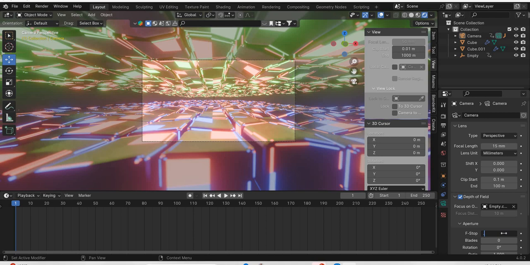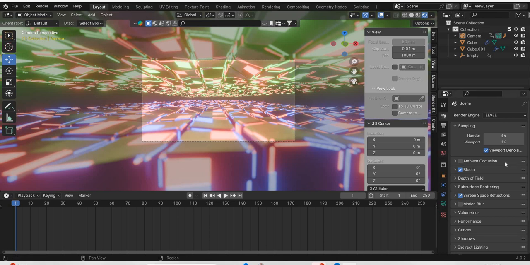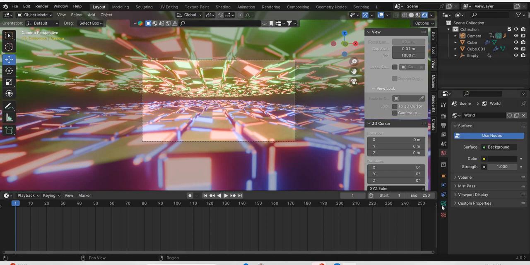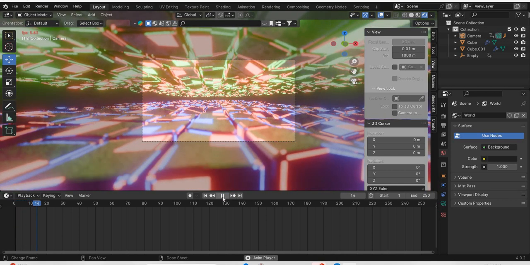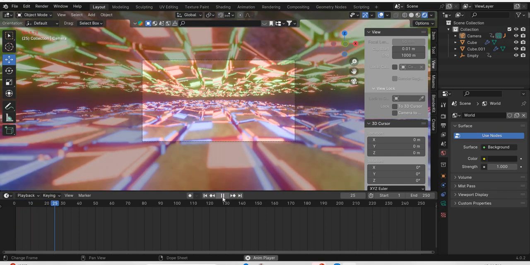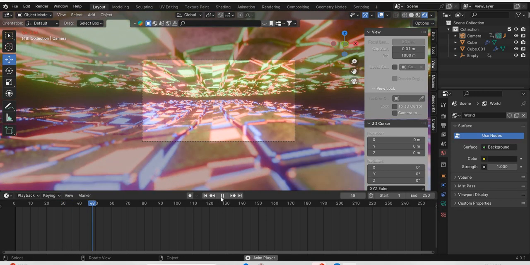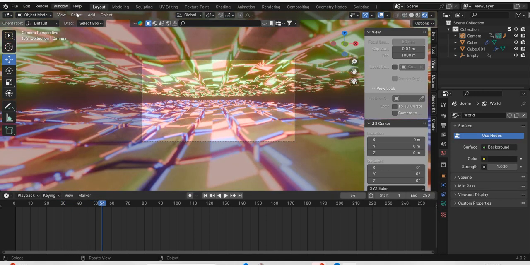You can play with the depth of field to your liking. You can go to your environment settings and make it darker, and that's about it. You play it and you get this cool animation. Okay, so things are moving, the camera is moving, and you have depth of field. To go to render image,